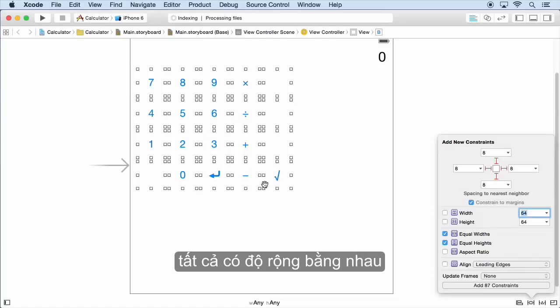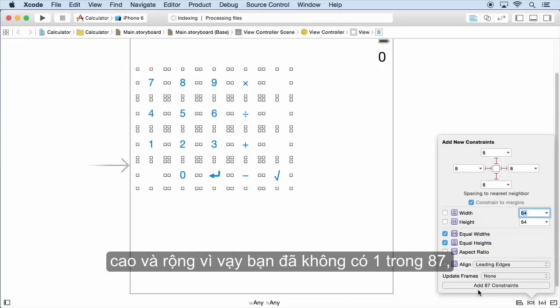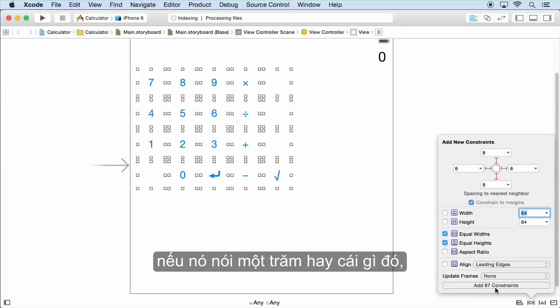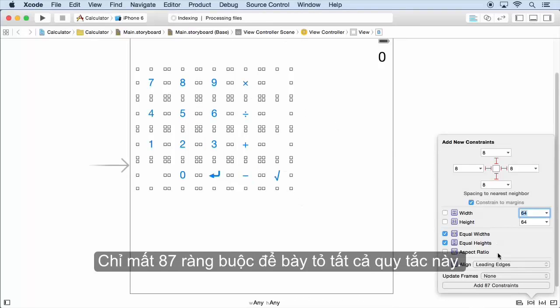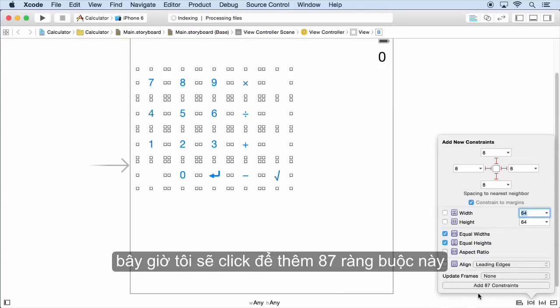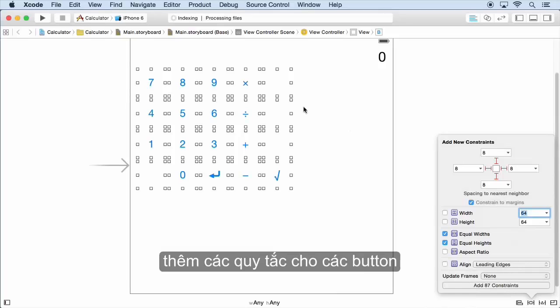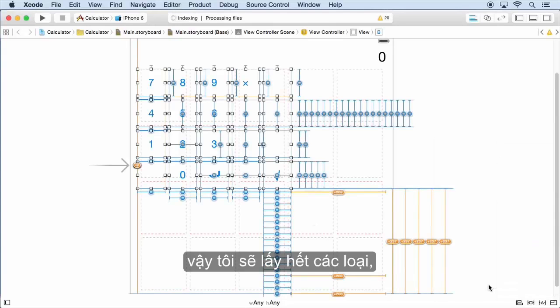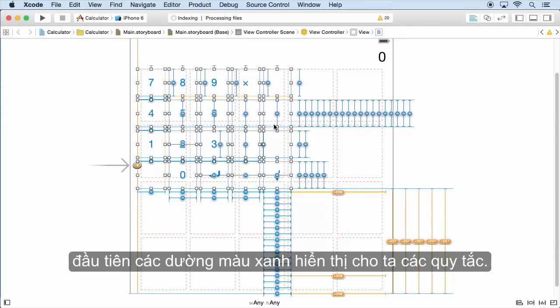All these equal widths and heights, and all these spacing neighbors. So if you don't have 87 in here, if it says 100 and something, whatever, you probably don't have everything lined up right, because it only takes 87 constraints to express all these rules. All right. Now, when I click this add 87 constraints, it's going to add these rules to all these buttons, and watch what happens. So I get all kinds of, first these blue lines are showing me the rules. Okay,